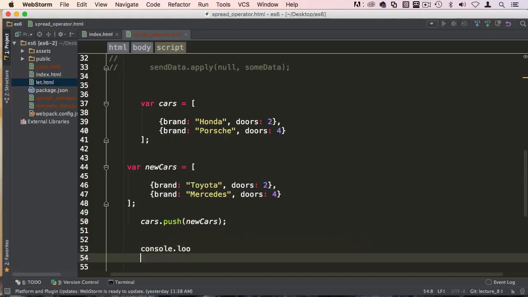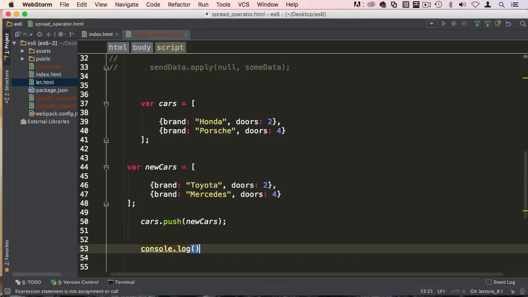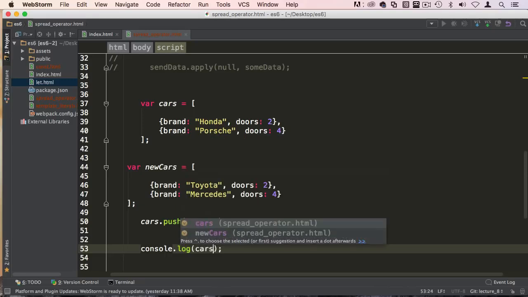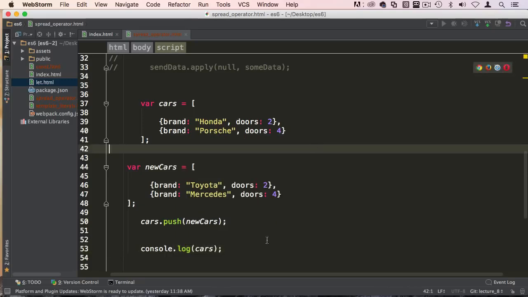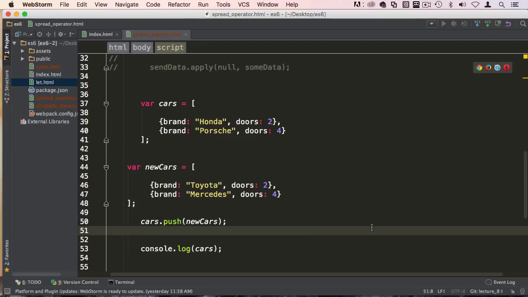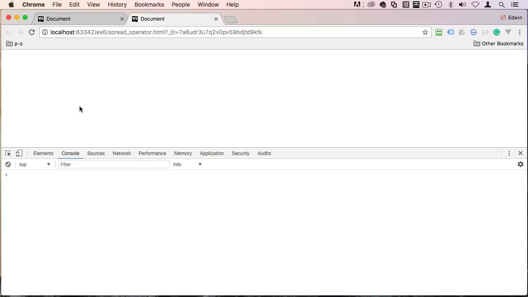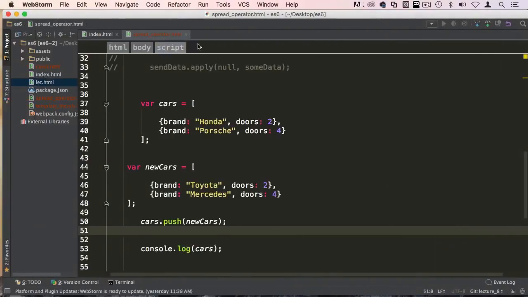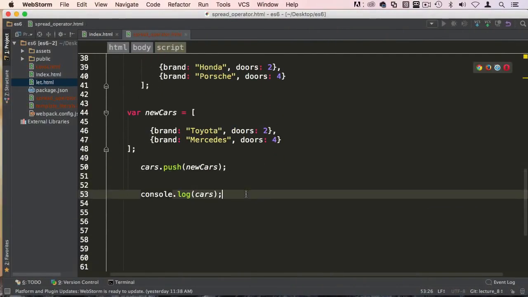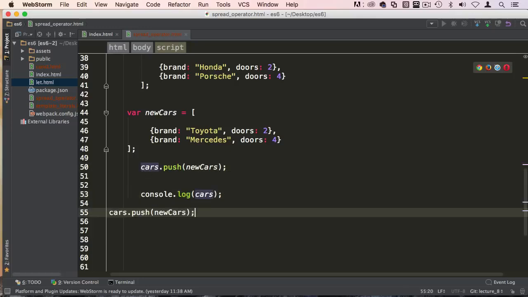Then we say console.log. Let's check it out real quick. As you can see, it gives us this array with 2 objects and 2 arrays, which doesn't look pretty cool. So what we can do is we can say, well, you know what? I want to push